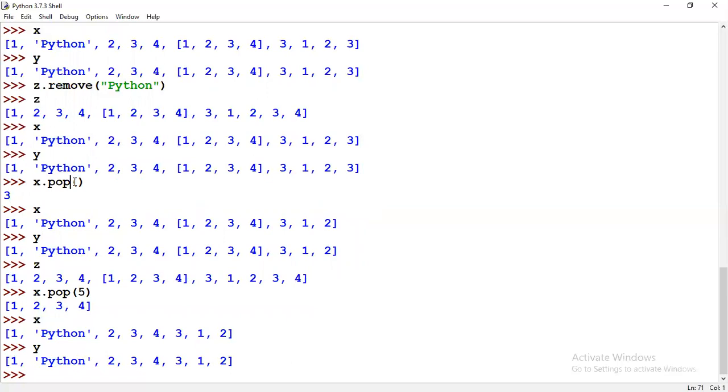If you are not giving any element here, it will remove the last element by default. You understand? Okay, ma'am. If you are giving something here, then it will remove that index position. This is what the pop function is. Okay, clear.